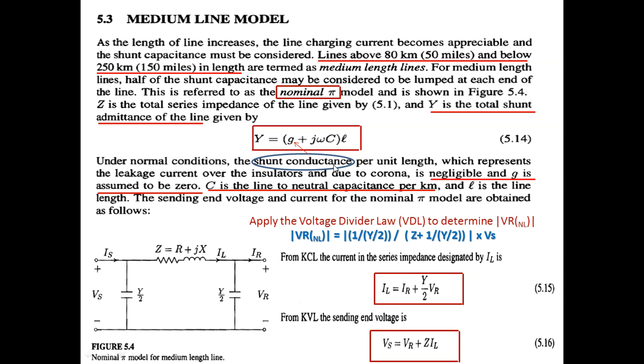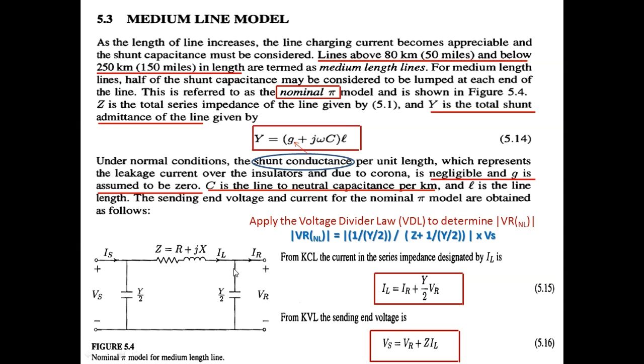The shunt conductance can be neglected since it represents the leakage current over the insulators and due to the corona. So if we neglect the shunt conductance, we will end up with only an imaginary part, which is jωC times the length of the transmission line. C, as we have seen in chapter 4, is the line to neutral capacitance per kilometer, and l is the